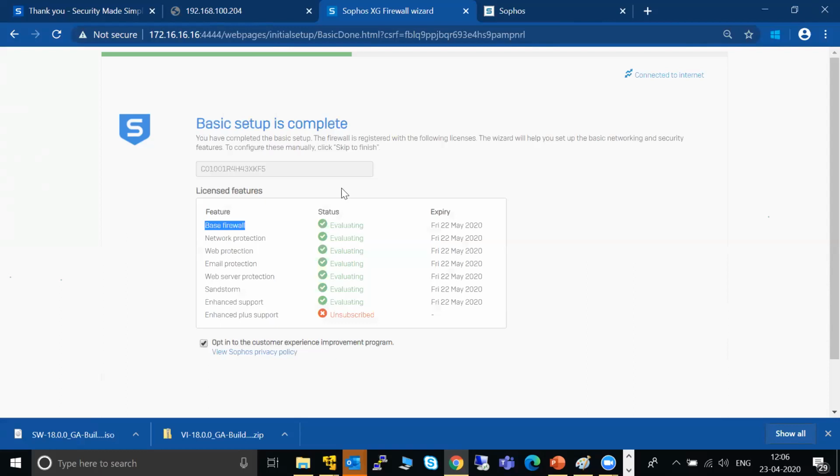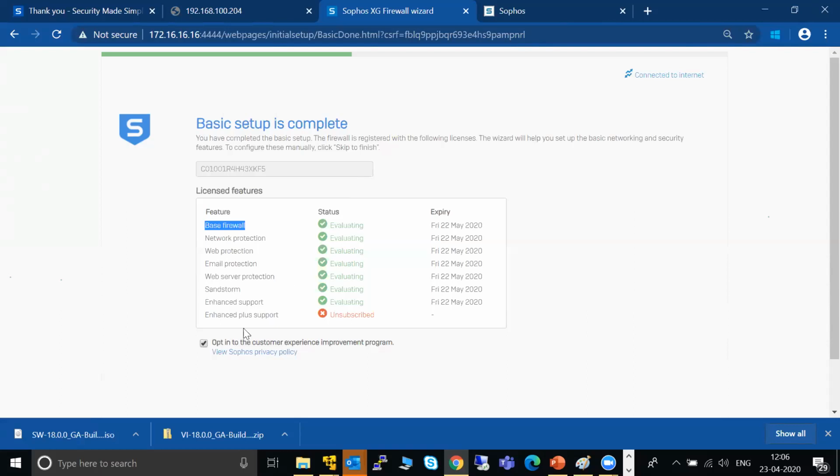In the base license, you have routing capabilities, the wireless controller, the link load balancer, and obviously the VPN. So these four things are covered inside this. But it is recommended to at least have network protection with the base license, so that you can have the anti-malware engine and IPS engine ready, because in VPN traffic or wireless traffic also, you have to inspect the traffic, otherwise there is no scope of security, to be very frank.